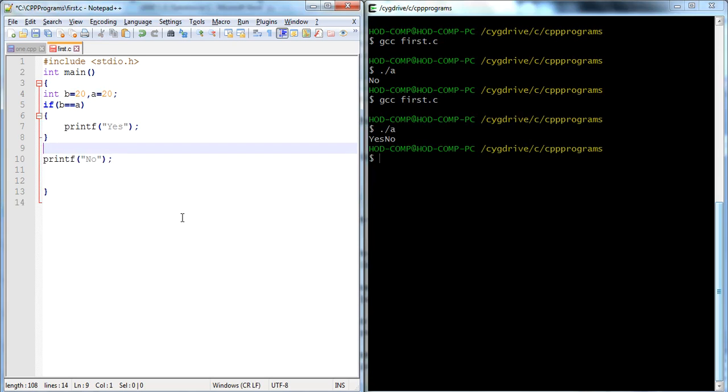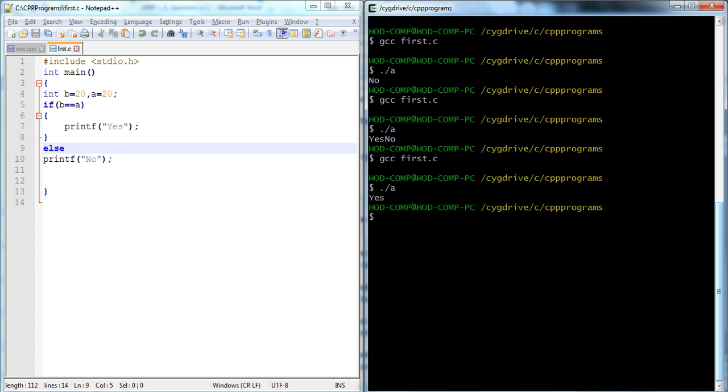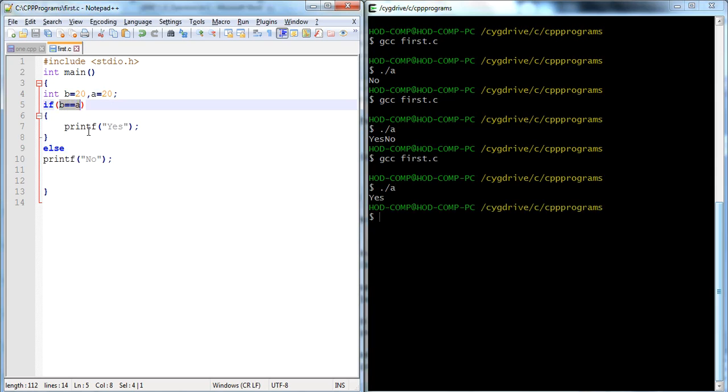If we want to print the else, this one is simple, the if-else condition verification, then it only prints yes, because it does not go to the no. If this condition is true, then it prints only this data and skips the else part. This is again a conditional statement. In an upcoming lecture we will revise this concept again.